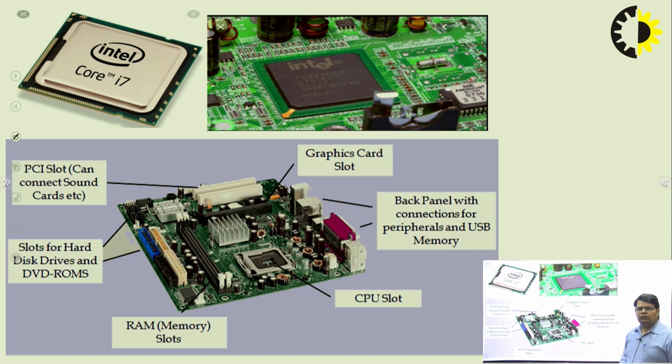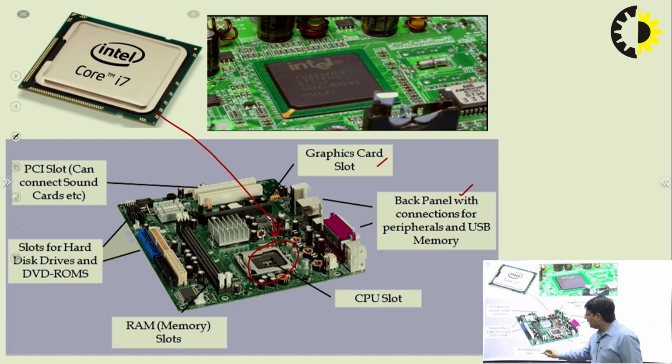This is the example for the definition. We have decided that the microprocessor is only the processing unit in the form of a single chip. So this is the microprocessor slot in the CPU system. At this slot we can place the microprocessor. For example, i7 can be placed in this case, and all other requirements are separate. That may be, for example, the peripherals, graphics card slot, RAM, ROM, and external memories, disk drives, and PCI slot for attaching the sound cards, etc.